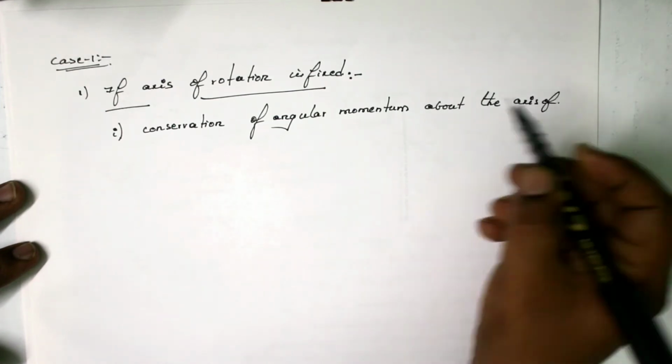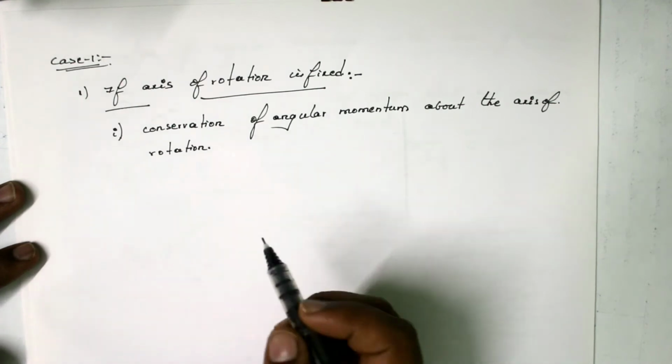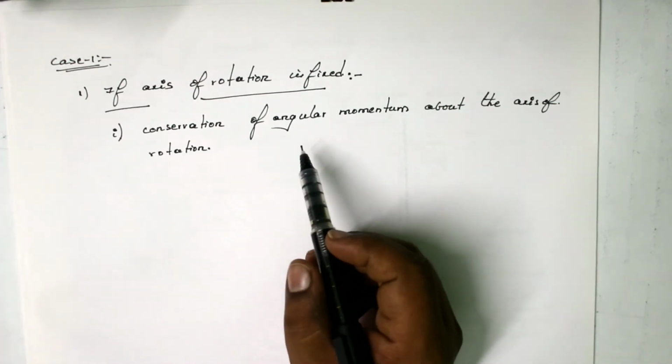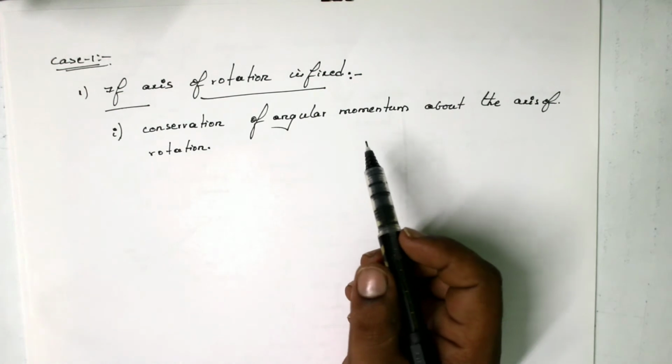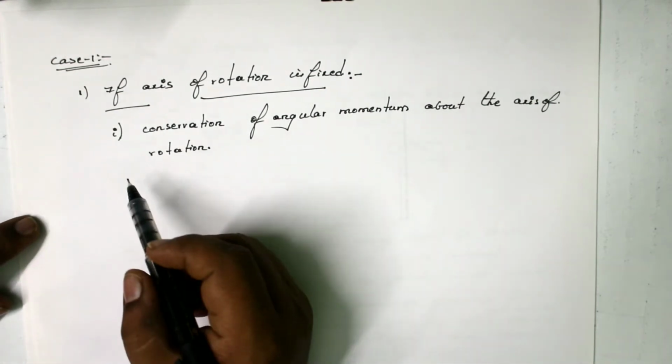Because about the axis of rotation, definitely we can consider the conservation of angular momentum. And the second one is,